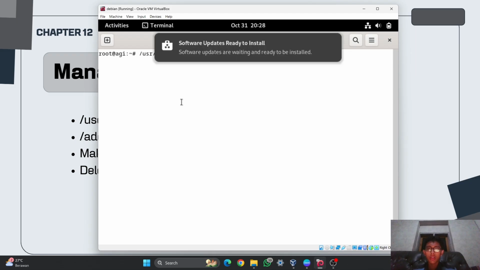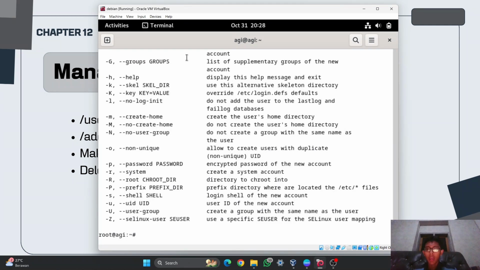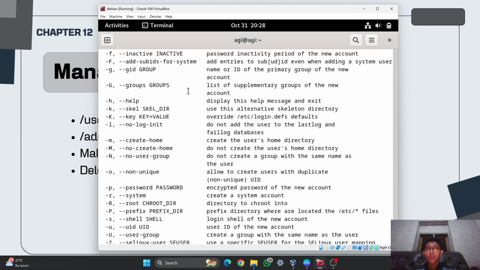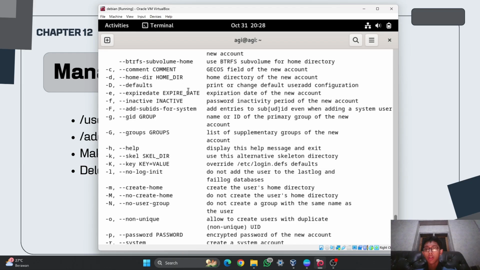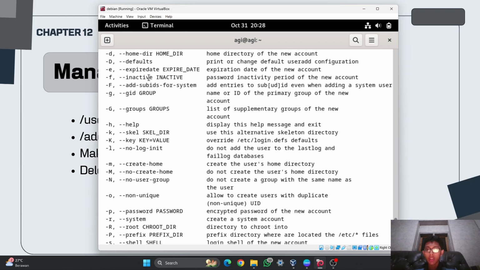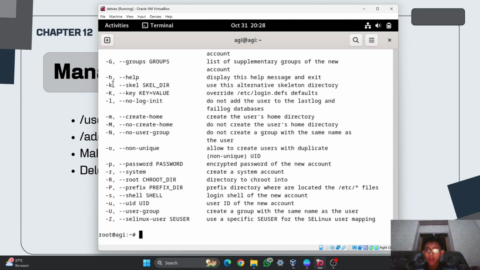Sorry guys. sbin and then useradd, then I will use it like this, and it will show all the options of useradd that you can use. For example, there is groups, or there is help,